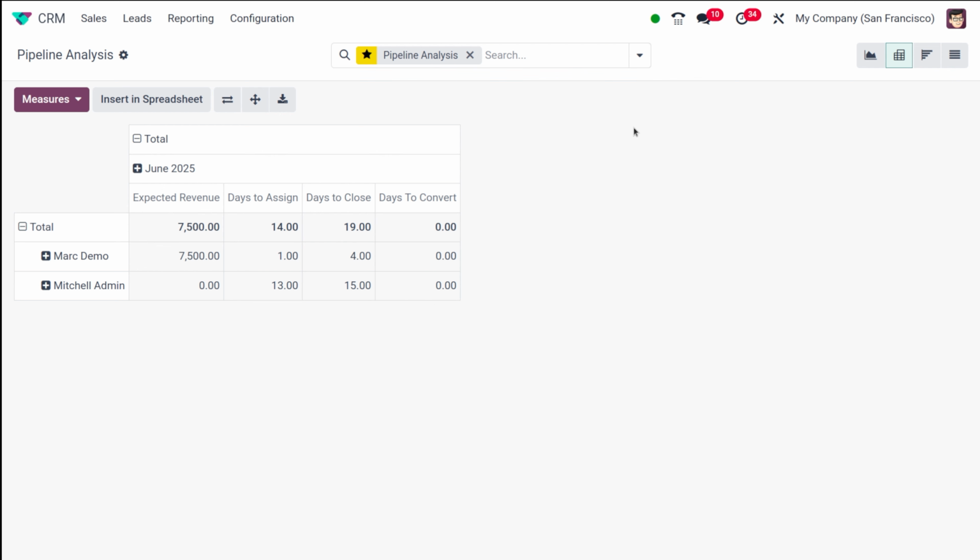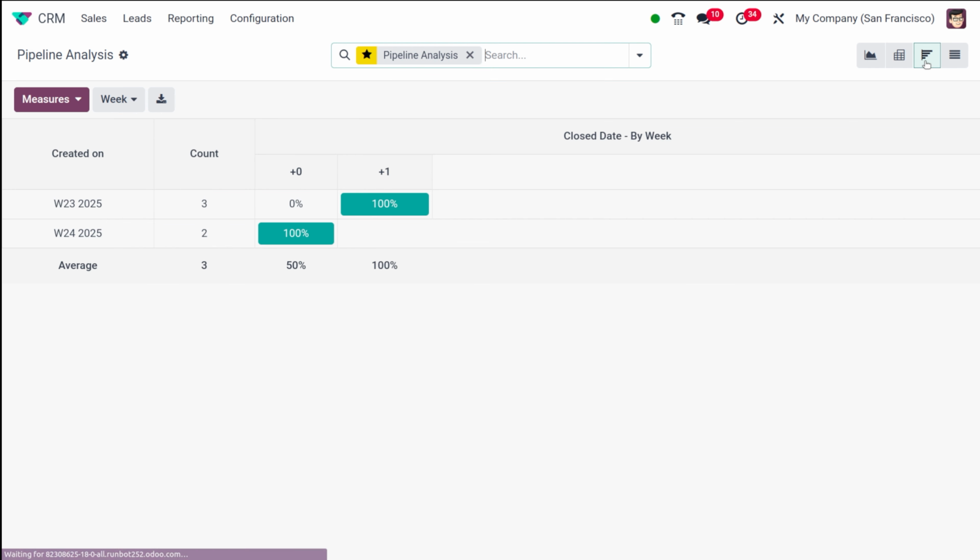Okay. And remember, you can also easily add your reports to custom dashboards in the dashboard app or integrate them into spreadsheets in the document app using the gear icon actions at the top. So you have two more views. One is the Gantt view. Sorry, not the Gantt view, cohort view. Okay. This is the cohort view of the very same thing.